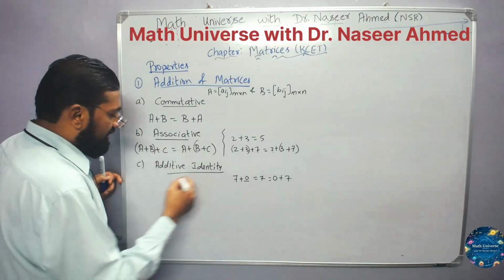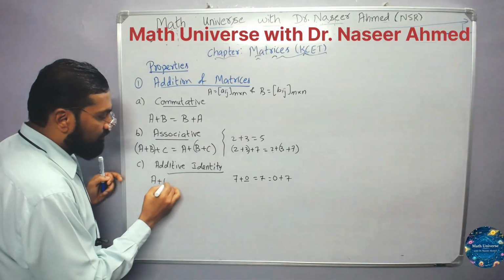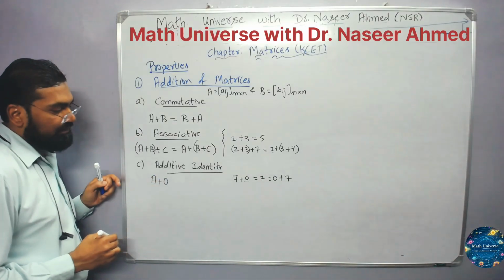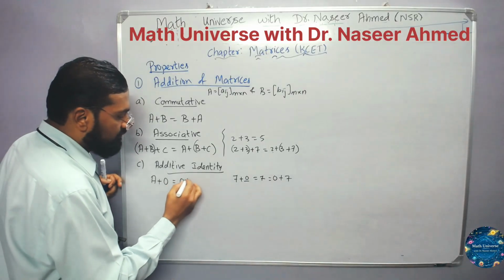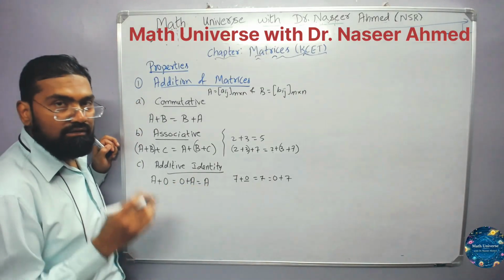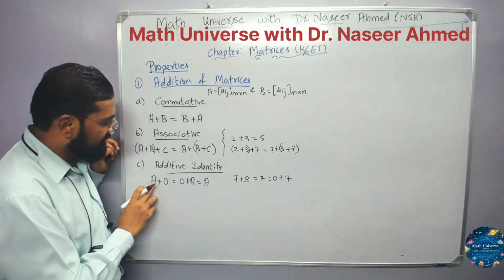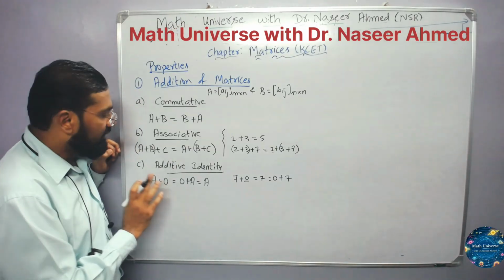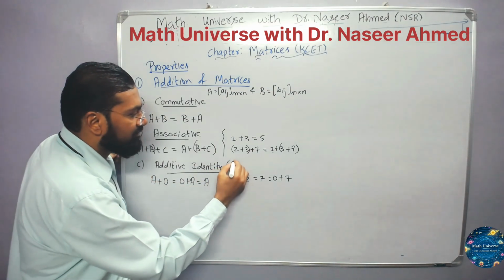Now for additive identity, for every matrix A, the 0 matrix, if I add, I'll get back 0 plus A, nothing but A itself. And the 0 matrix can be of any order, but it must be the same as the order of matrix A. I mean to say, if this is m cross n, it should also be m cross n. Only then is addition defined. So additive identity is the 0 matrix. Next,